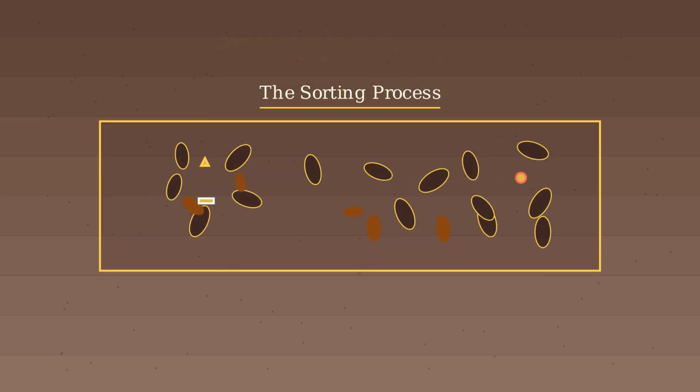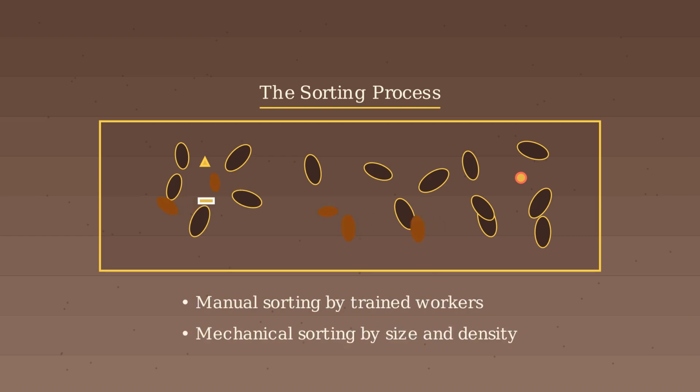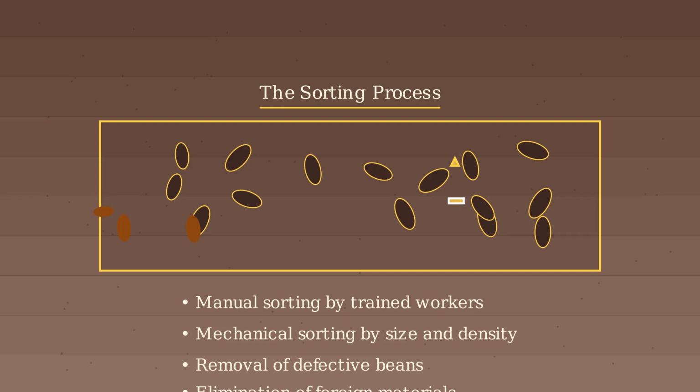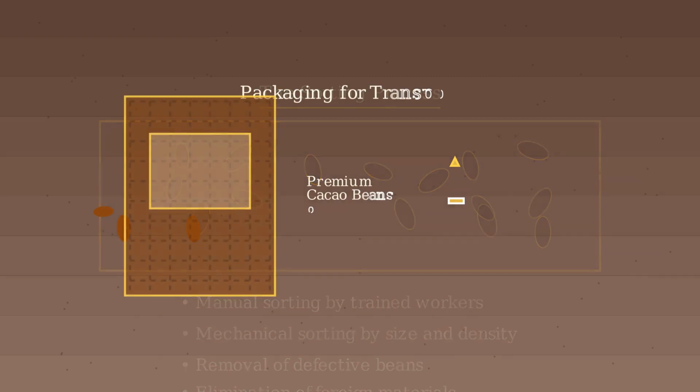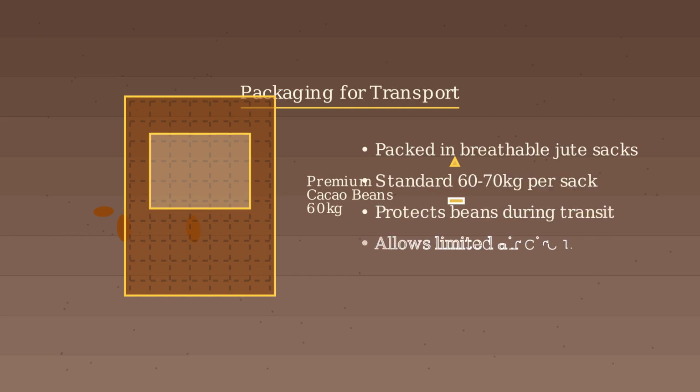Sorting cacao beans is a critical quality control step after the drying process. Beans are meticulously sorted to remove defective beans, foreign materials, and ensure consistent quality. Sorting may be done by hand with trained workers carefully inspecting each bean, or using mechanical sorters that separate beans by size and density. After sorting, the quality beans are packed into breathable jute sacks, typically containing 60 to 70